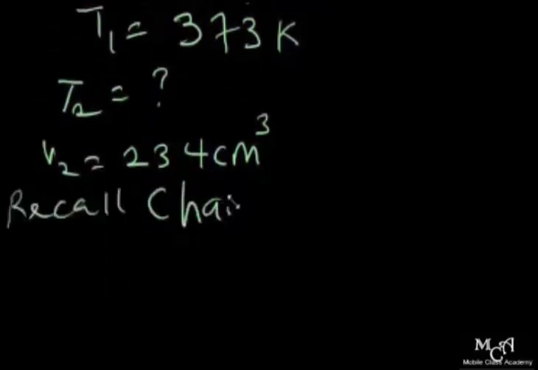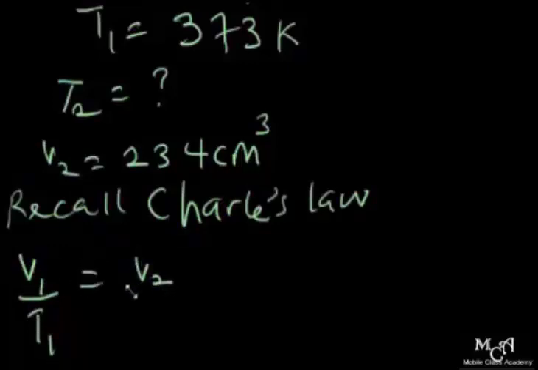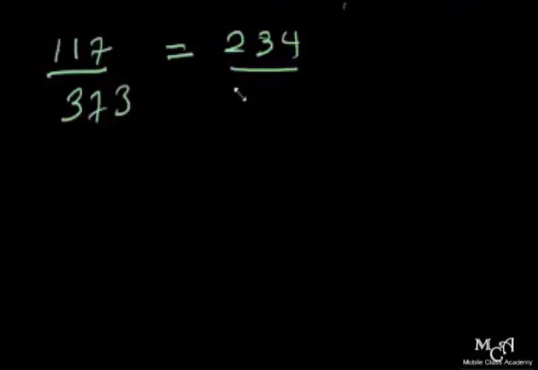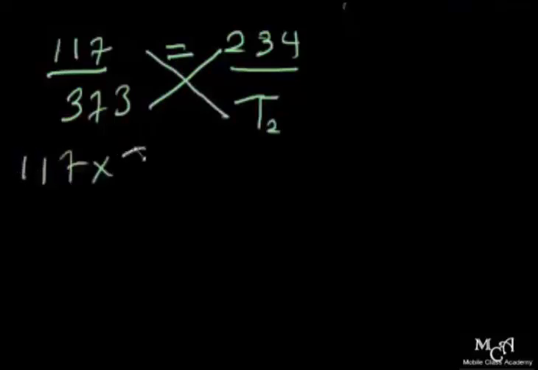We recall Charles' law. Say that V1 over T1 equals V2 over T2. We bring out our parameter. What's V1 in that question? 117 over, what's the T1? 373 equals, what's the final volume? 234 over, what's the final temperature? T2. This is simple math to simplify. Whenever you have equal between two fractions, you cross multiply. So we cross multiply. What do we have? We have 117 times T2 equals 234 times